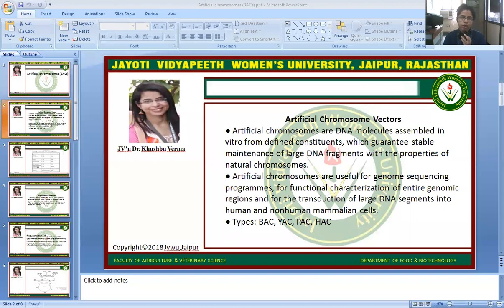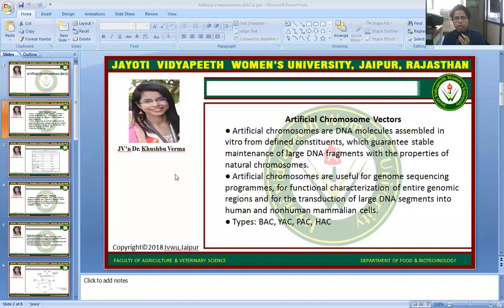Today we will discuss artificial chromosome vectors, which are used in molecular cloning, like BAC, YAC, PAC. These kinds of artificial chromosome vectors help to package large-size foreign DNA, and artificial chromosomes are DNA molecules assembled in vitro from